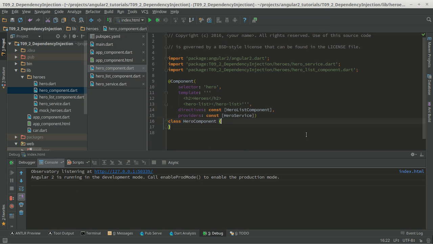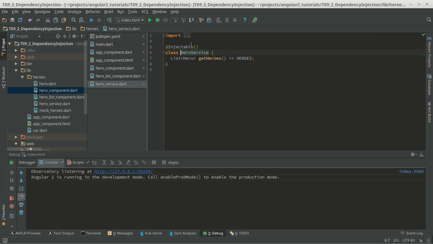Okay, so basically, as you can see, we inject the heroes using the providers inside the component, but also we need to annotate the hero service with the annotation Injectable. In JavaScript, this is not called annotation. This is called, what's the name? Decorator. And in Dart, it's called annotation. And basically, both are the same. I don't know exactly the differences, but